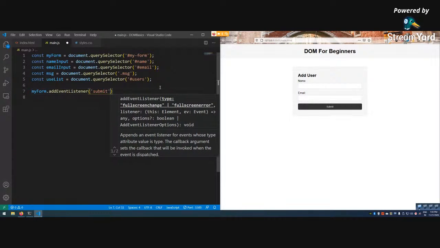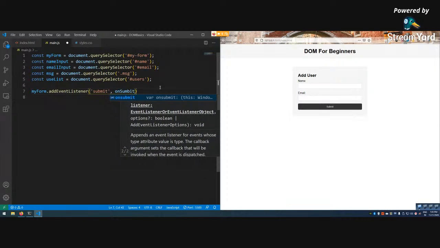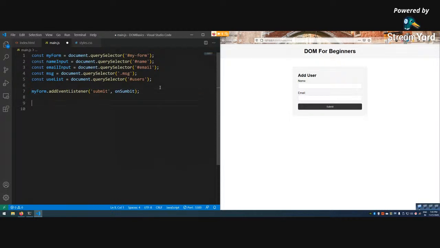submit, comma. See, in the previous example we created the function right here itself, but we can create it outside also, it doesn't matter. So we can create a function here, function onSubmit. It's a personal preference, and I want to show both ways. onSubmit, e dot preventDefault,